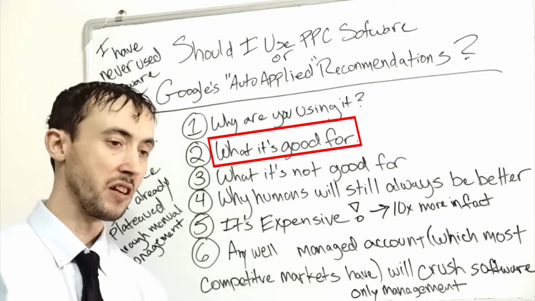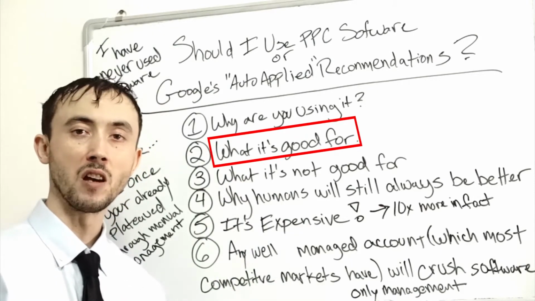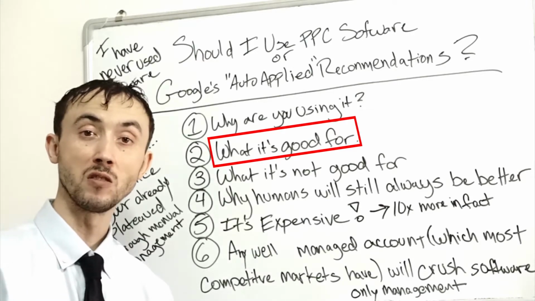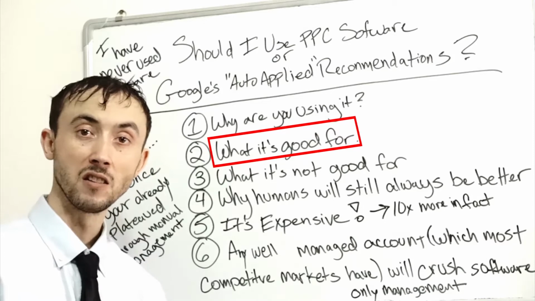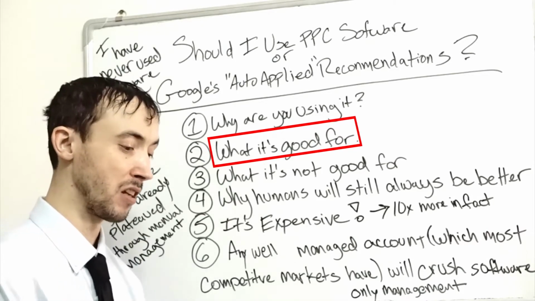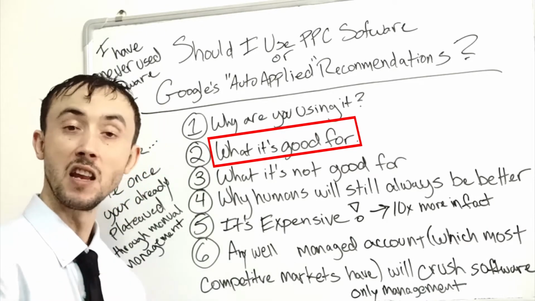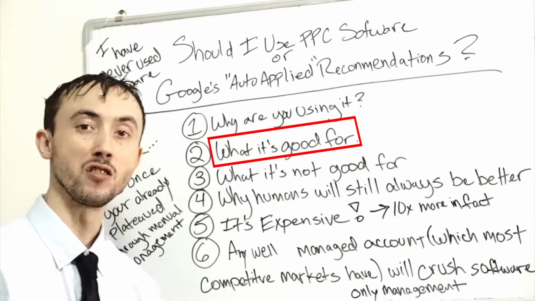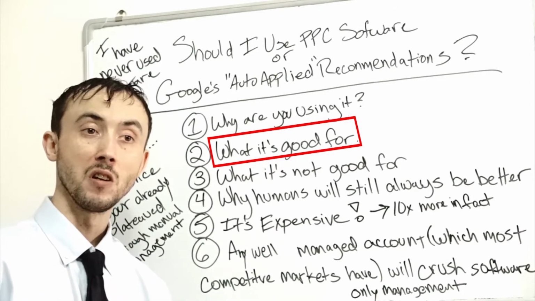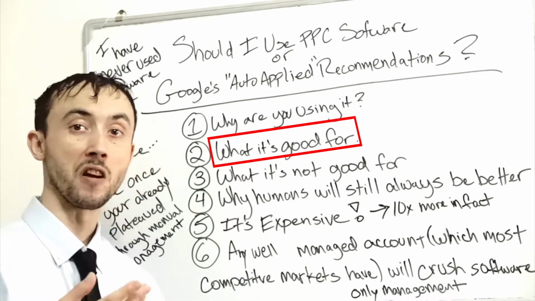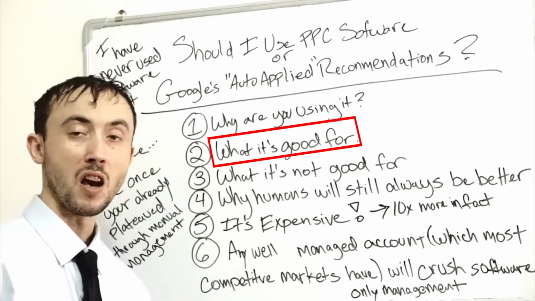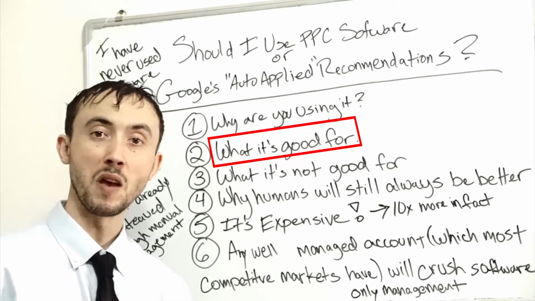Across the almost 1,000 or more accounts that I've looked at in the last 15 years, the different scenarios I've found are these. Any account that has a very large list of product SKUs, at an e-commerce company, we're talking more than 100,000 SKUs, the software could come in quite handy to manage the bids.